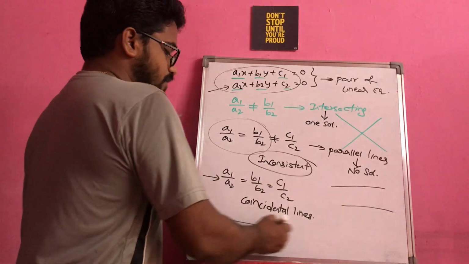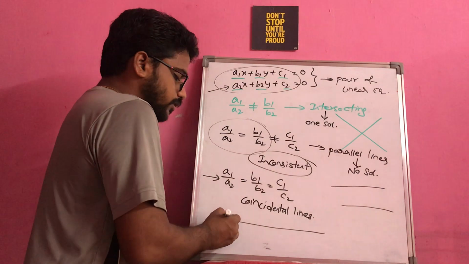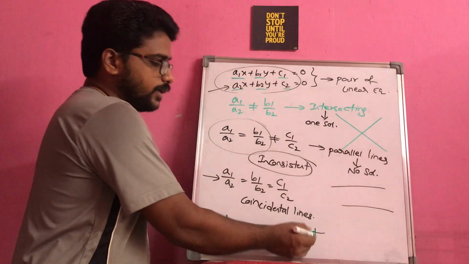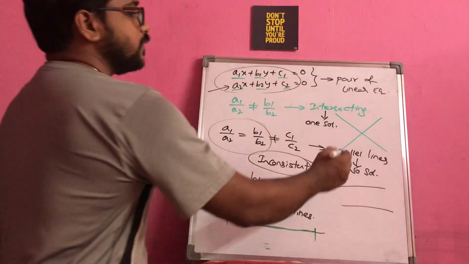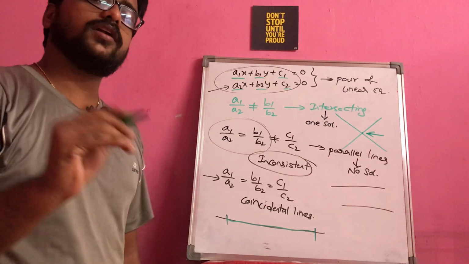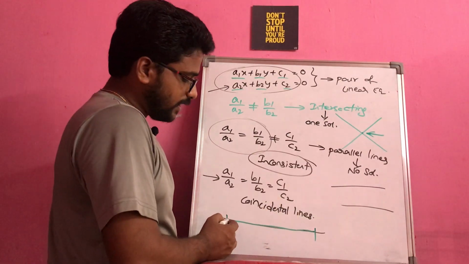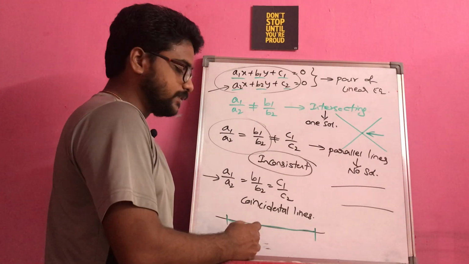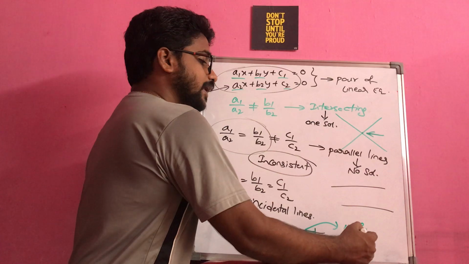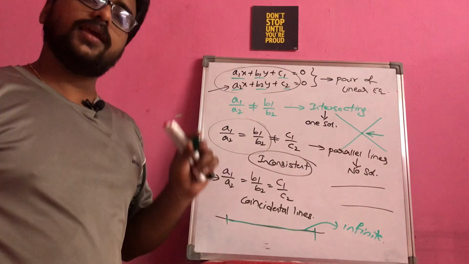That means if I have a first line like this and the second line is also on top of this only, somewhere like this. So this is the common region for me. If you just observe in this particular diagram, this is the point where I am having the common for both the lines. Whereas in this particular case, the green and black region combination is the common region, which means I am having infinite number of solutions for these two given equations.